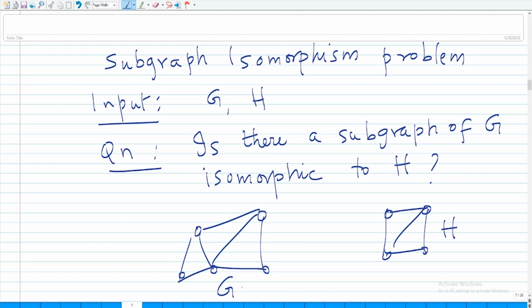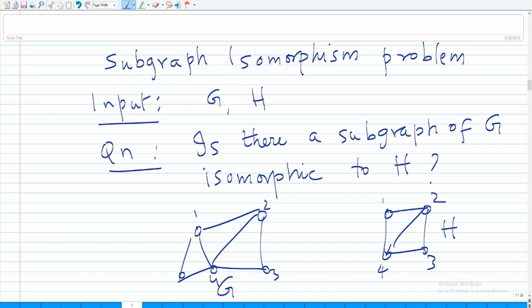Yes, because there is a copy of this sitting inside here. So what it means is you are allowed to delete vertices and edges from your graph G. Now, the resulting two graphs must be isomorphic. So, you should be able to have a function which maps. So, I can map this to 1, this is 2, and this is 3 and 4,